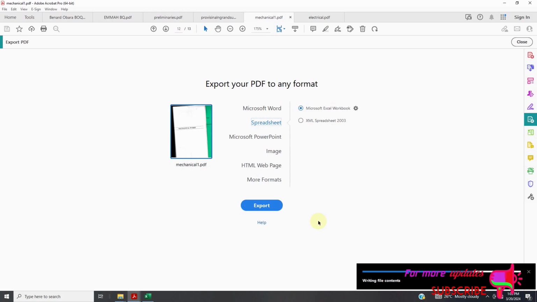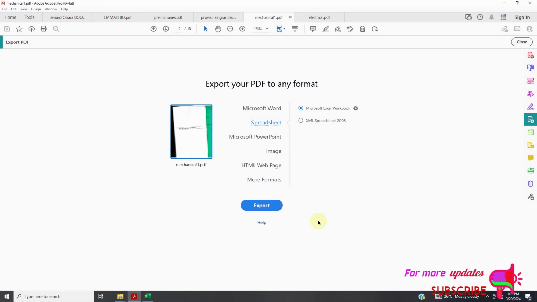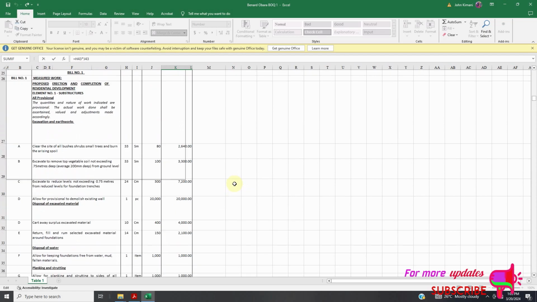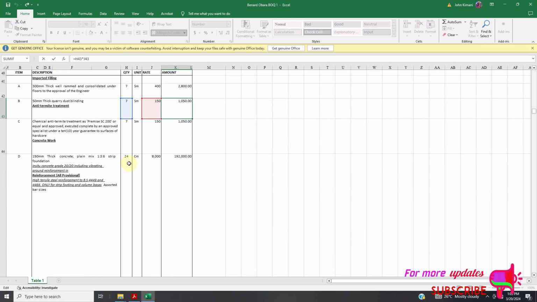So let's see the form this Excel spreadsheet will be looking like. It will take longer to open, but it will open. So you can see this one is a BOQ, and